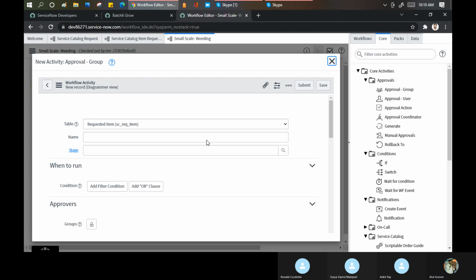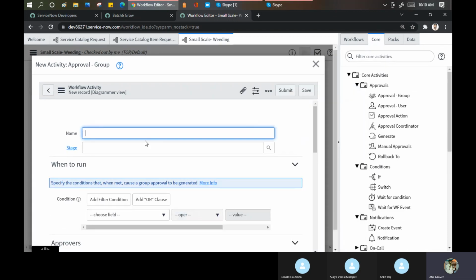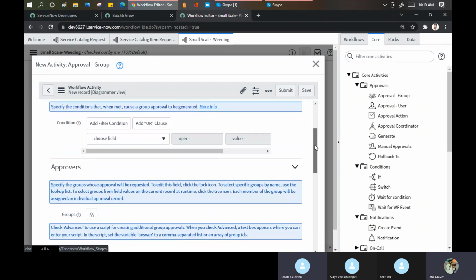For the name, I'm putting budget approval. Stage I'm leaving as it is, blank as well. I'll go to the condition.